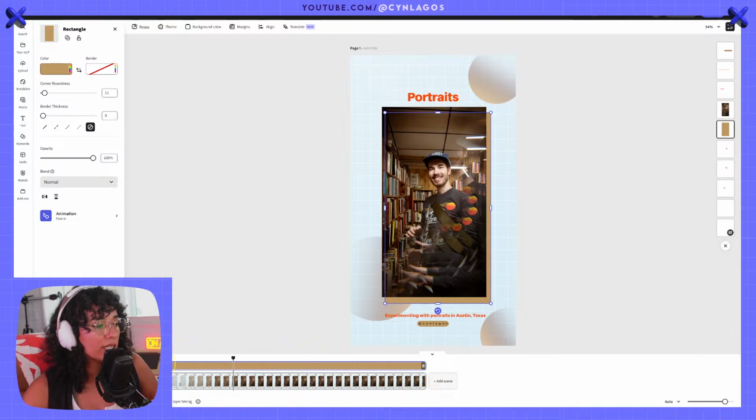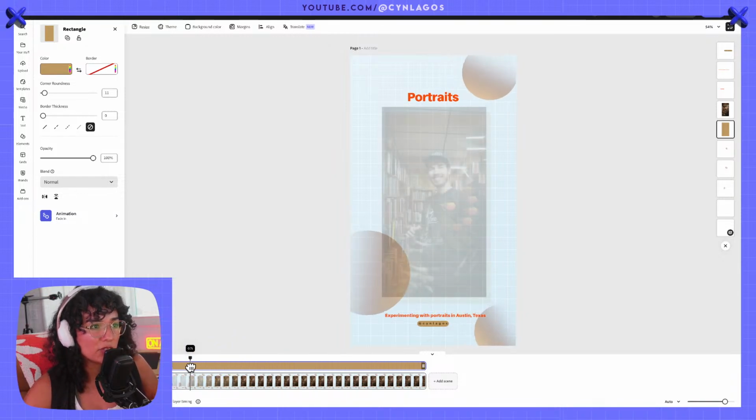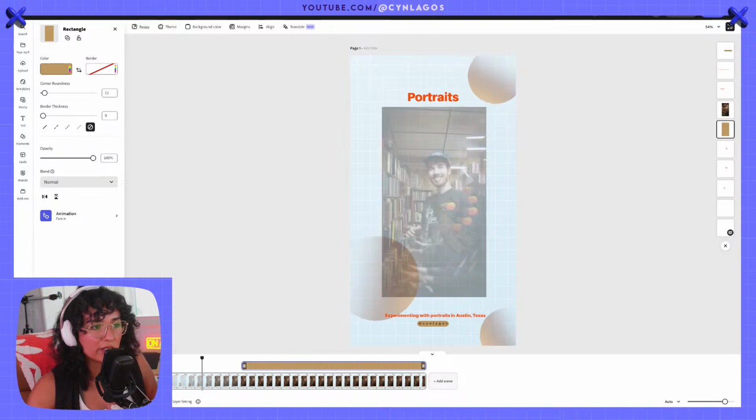I want to reduce that so that it begins a little bit later, so there's a gap between when that image fades in and when that background appears. I definitely want it to come in later as emphasis, not necessarily obstructing my image.